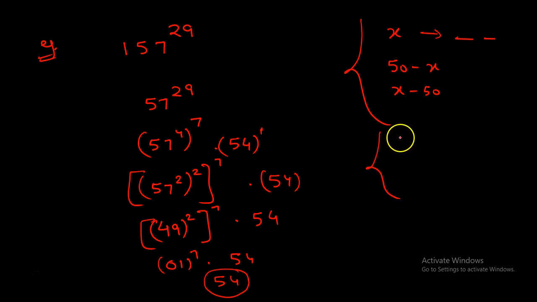जैसे अगर मैं आपसे पूछूंगा कि like 97 स्क्वायर की लास्ट टू डिजिट क्या होंगी, तो या तो आप 50 से डिफरेंस ले सकते हो या फिर 100 से डिफरेंस ले लो। तो अब ये देखो 97 स्क्वायर है तो 100 से कितना कम है? ये 3 less है, so 3 स्क्वायर की लास्ट टू डिजिट क्या होती है? 09, तो 97 स्क्वायर की भी लास्ट टू डिजिट जो होंगी that is 09।